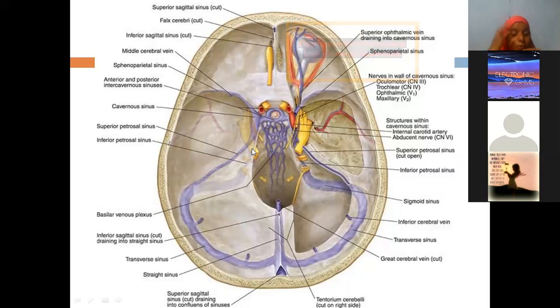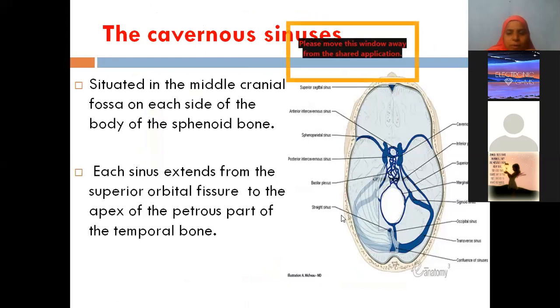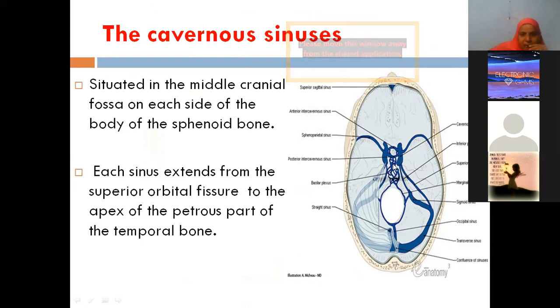Now you should keep this picture in mind while reading the theoretical aspects, because this picture is too good for explanation purposes. Cavernous sinus is a 100% essay question. 99.9% of the time, the paper 1 essay is usually cavernous sinus. So the cavernous sinus is situated in the middle cranial fossa on each side of the body of the sphenoid bone. We have told very specifically that it is the pituitary fossa or hypophysis fossa. Each sinus extends from the superior orbital fissure to the apex of the petrous part